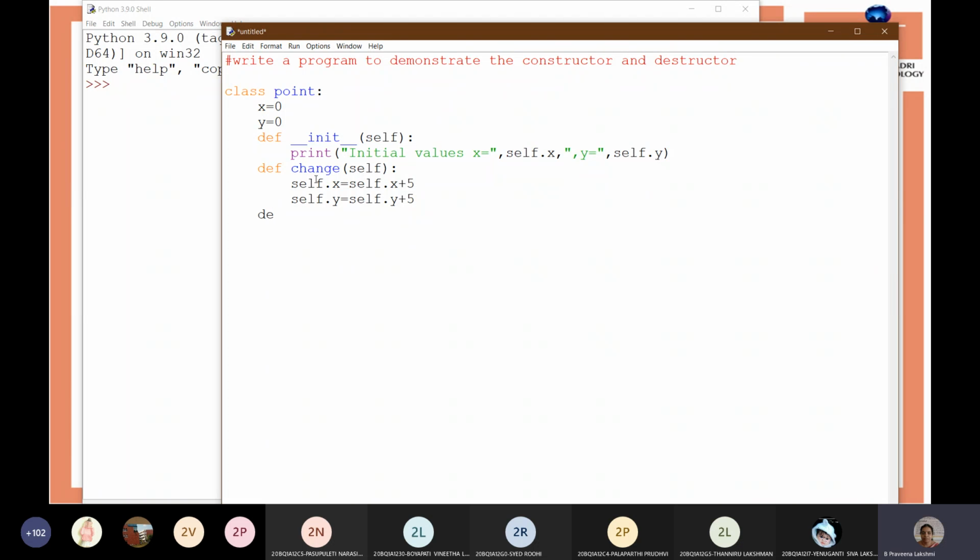I will write the destructor def, two underscore symbols, del, two underscore symbols, self colon. Now while destructing the object, again we will see the values of x and y.